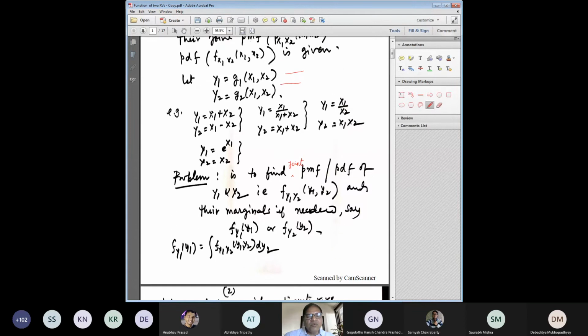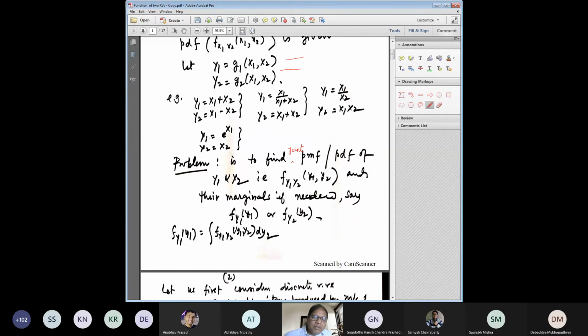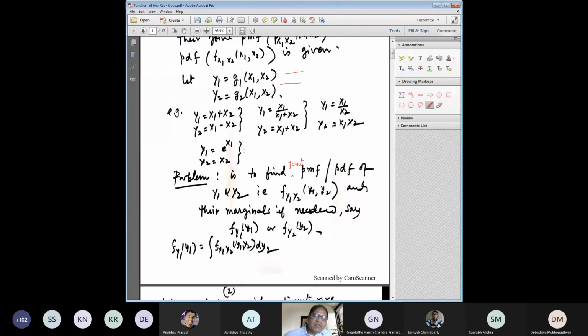The function could be of any form, say x1 plus x2, x1 minus x2, x1 over (x1 plus x2), x1 over x2, or x1 x2. Or y1 is e to the power x1, y2 equal to x2. In many applications, we need to find the probability mass function of y1 or y2,